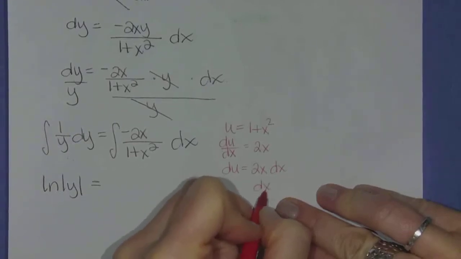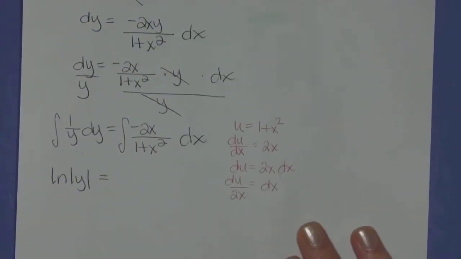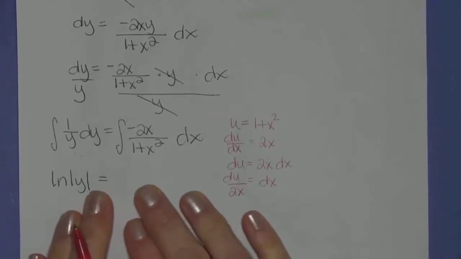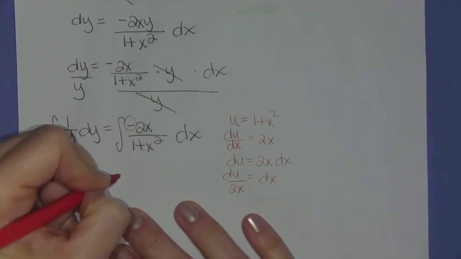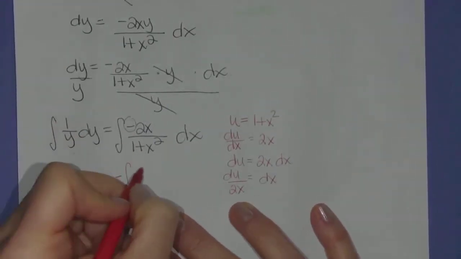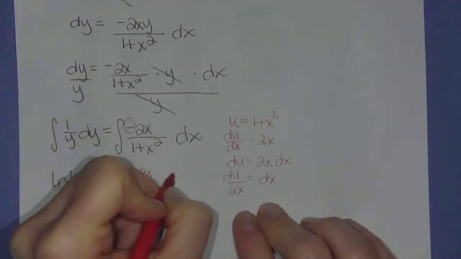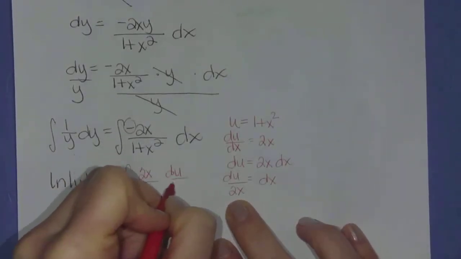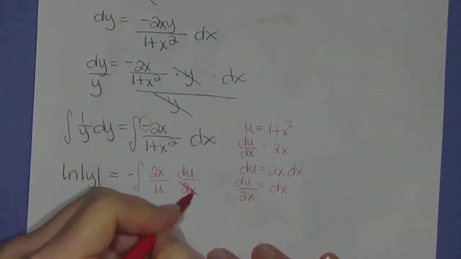And when I solve for dx, I'm going to have du over 2x. So when I come back here, I'm going to actually pull this negative out to the front because it's a constant. And on the inside, I'm going to put my 2x over my u times what dx is, which is du over 2x. And that's exactly what I wanted to happen. I wanted these 2x's to drop,